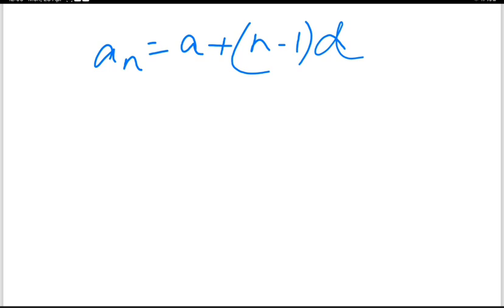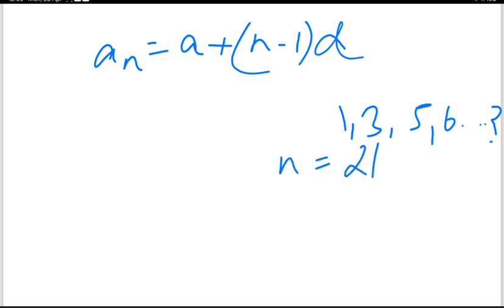So for example, 1, 3, 5, 7 and so on. You don't know the last term and you need to find it, and you know the number of terms. Let's say the number of terms is 21, the first term is a, and the common difference is 3 minus 1, that is 2. So you know all the values, so you can easily find the last term of the AP. And the next formula is